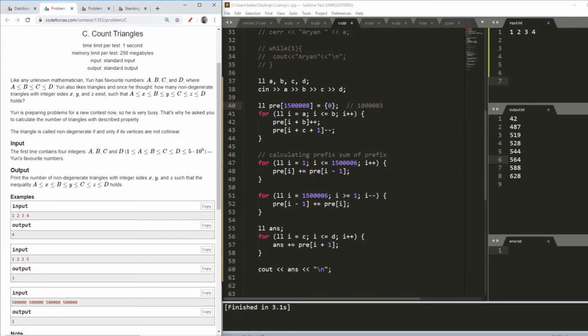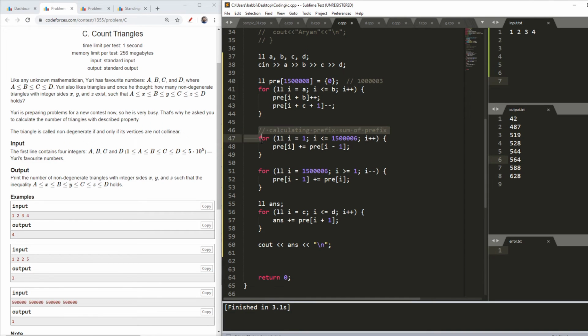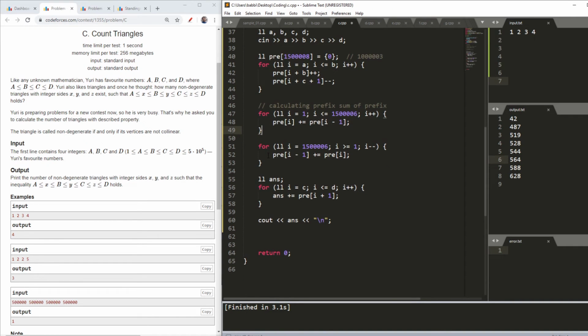And I will run a loop for I equal to A to B to have my x plus y as a pair. As I showed in the explanation, you update the L and R plus 1: increment the L and increment the R plus 1, and then I will have my main prefix sums by running a for loop.